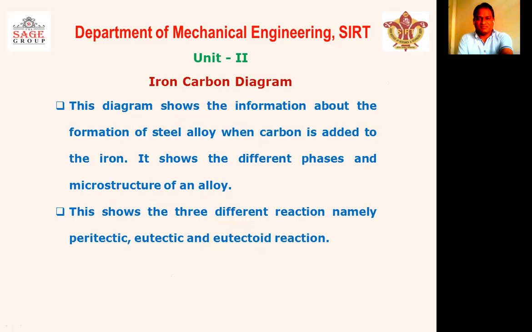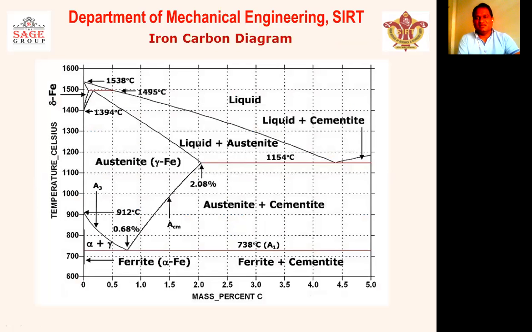So now we are going to discuss the iron carbon diagram. Dear students, now you can see on the screen, this diagram is known as the iron carbon diagram. It is somewhat more difficult compared to the isomorphous diagram and the eutectic diagram for copper and silver and lead and tin. But if you understand it step by step, then definitely this diagram will also be easy for you all. So let us understand it.